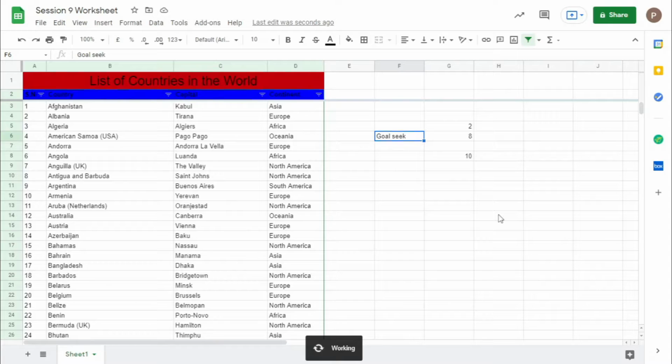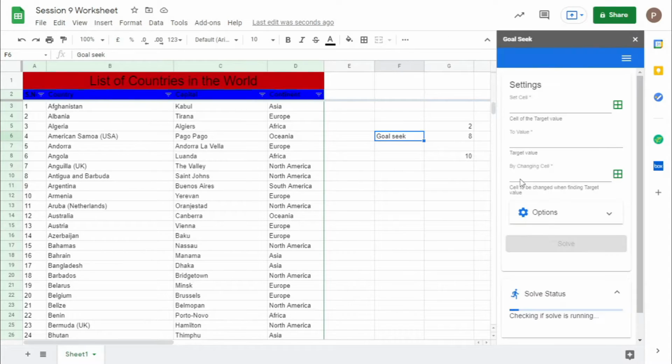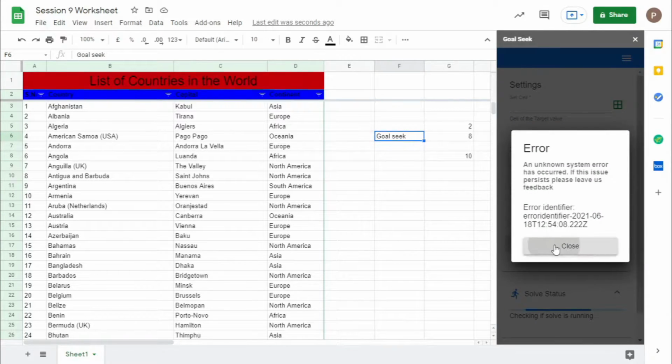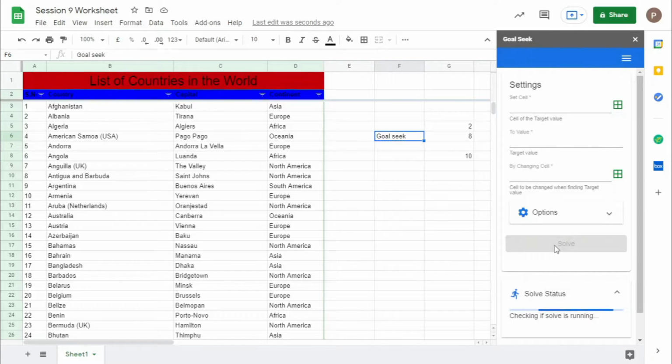Now open goal seek. After opening, it appears here as well. Set cell: the cell we have to find is G8.